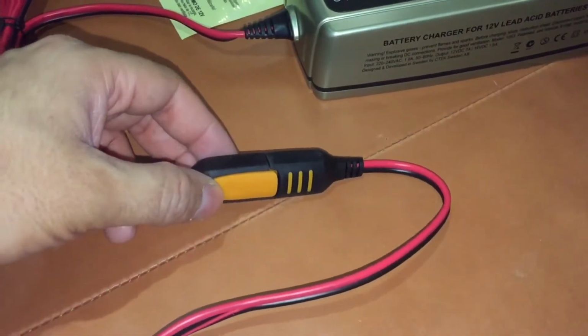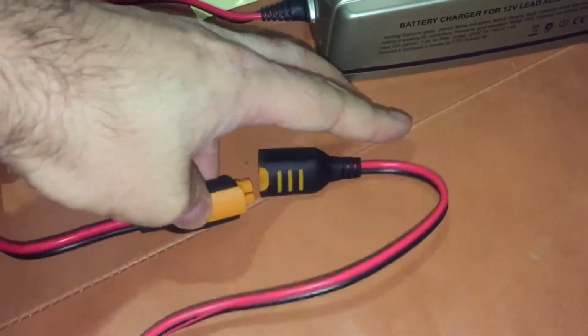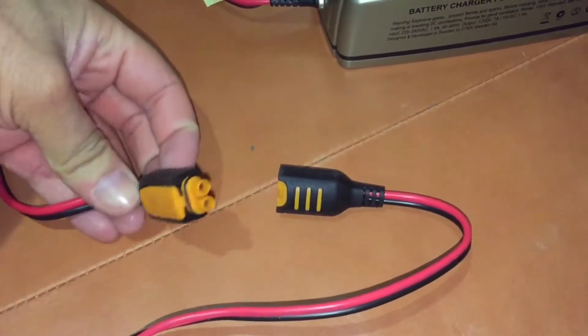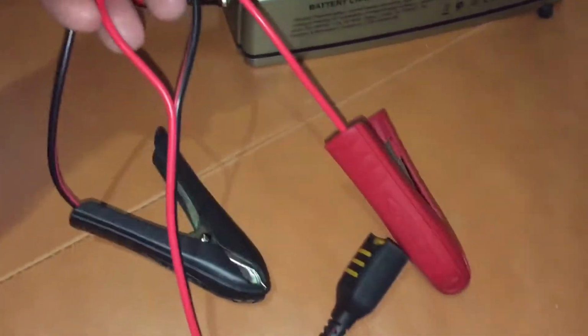So this is just the comfort connector, and then you just need to press down and then the two parts there will separate. And then of course we've got a male and a female component. Separating it there means then that we can take these clips off,